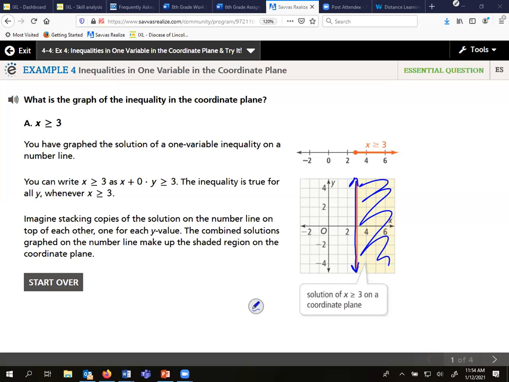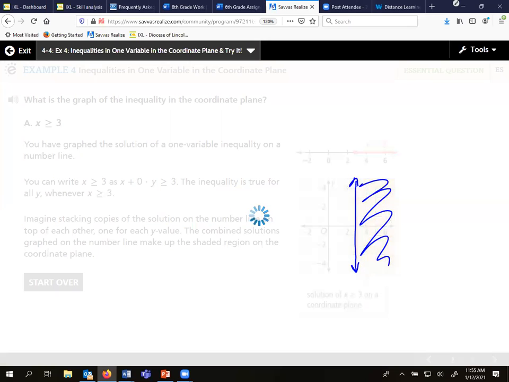Gonna have a straight line, either a vertical line if you're given the x coordinate, or a horizontal line if you're given the y. Okay, so